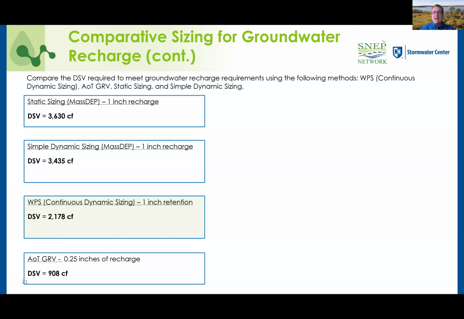If you really want to dig down into the dirty details, we have a master's thesis on our website that was looking at matching empirical results to model results. And what we found is we had to design an underdrain in an infiltration system in order to match the empirical results to the model results.